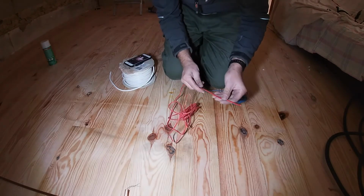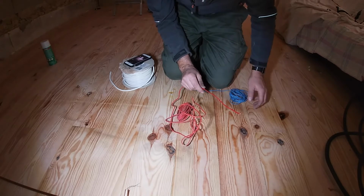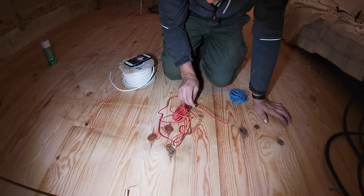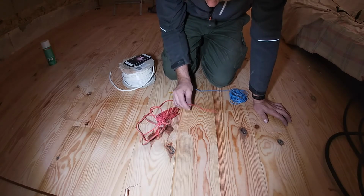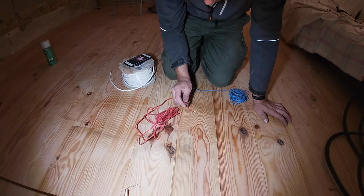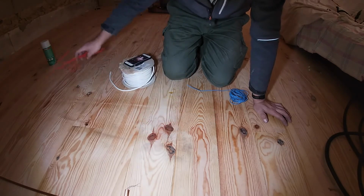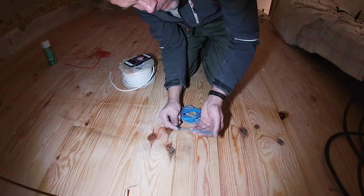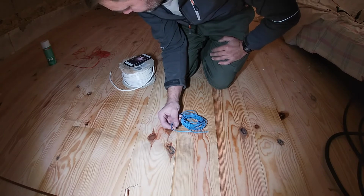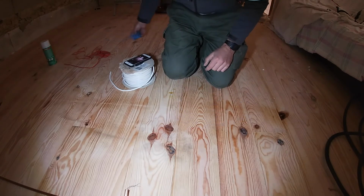This is 2.5mm used for sockets here. Inside conduits you have a red, blue, green and yellow. In the UK it would be brown instead of red. That's too big. We need to get 6 bits of cable through that 10mm pipe. We do 1.5mm, which actually is a lot thinner, but you still probably wouldn't get 6 down the pipe. And what we're going to do is